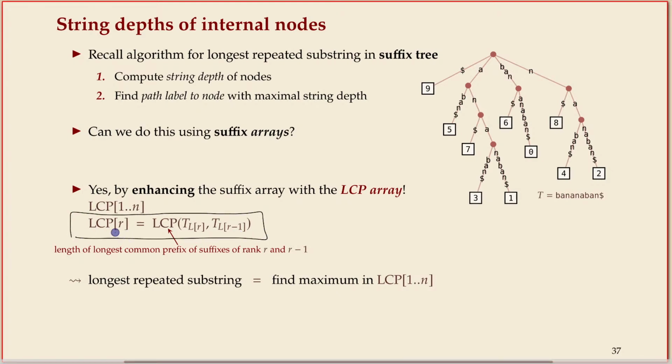The rth entry in this LCP array is taking the leaf, the rth leaf, leaf of rank r, and leaf of rank r minus 1, and compute their longest common prefix. So in a way,